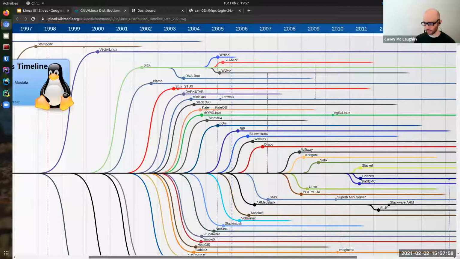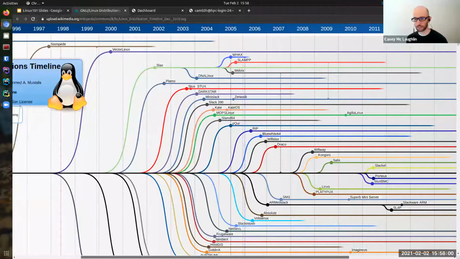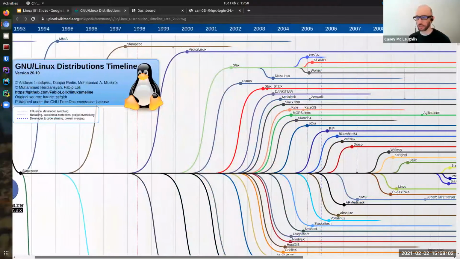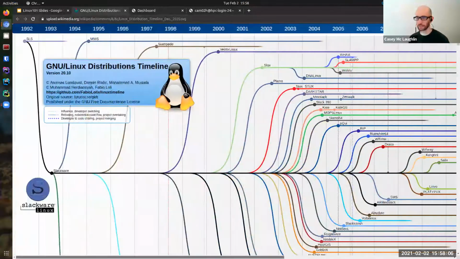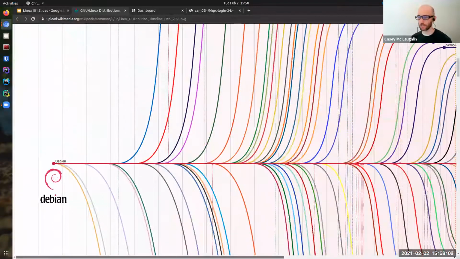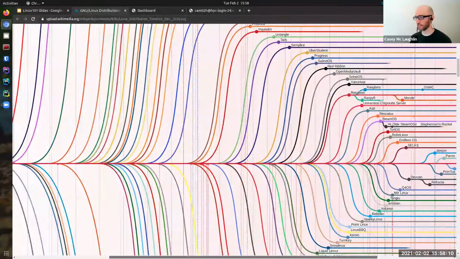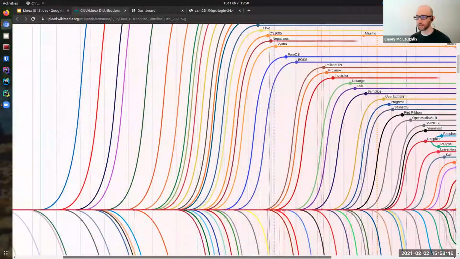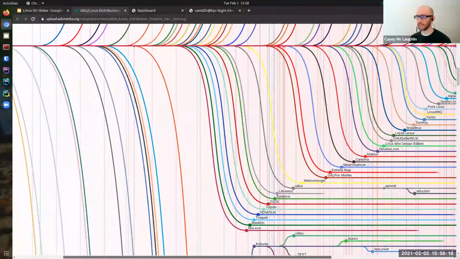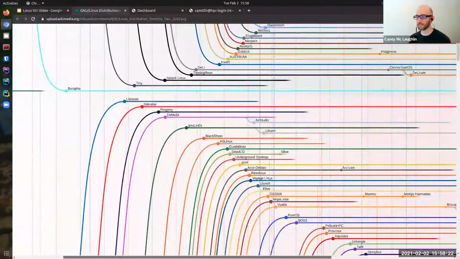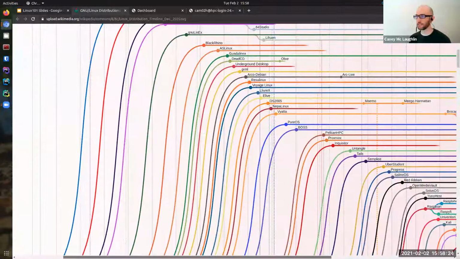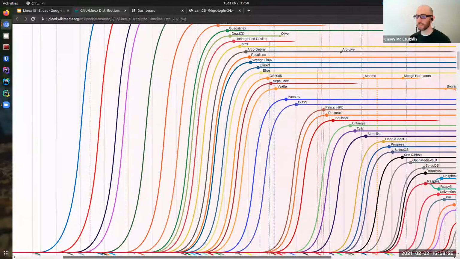I just lost my cursor. I don't know what happened to that. And the next granddaddy of them was called Debian, and that is also alive and strong today. Somewhere on this tree of life, Ubuntu emerges around 2008, I think, no, 2004. I'm not going to try to find it, but Ubuntu spawned a lot of its own.